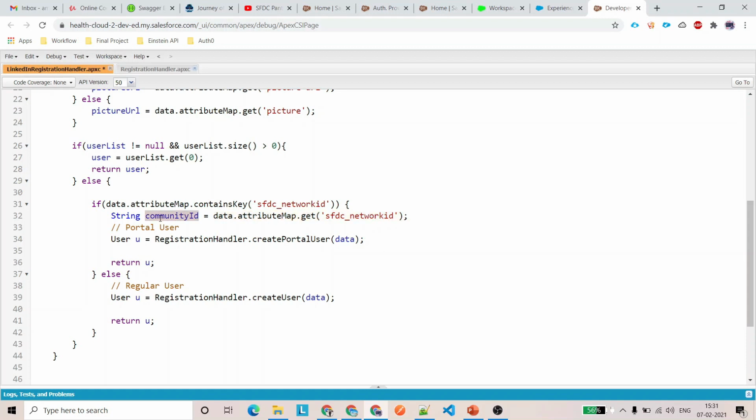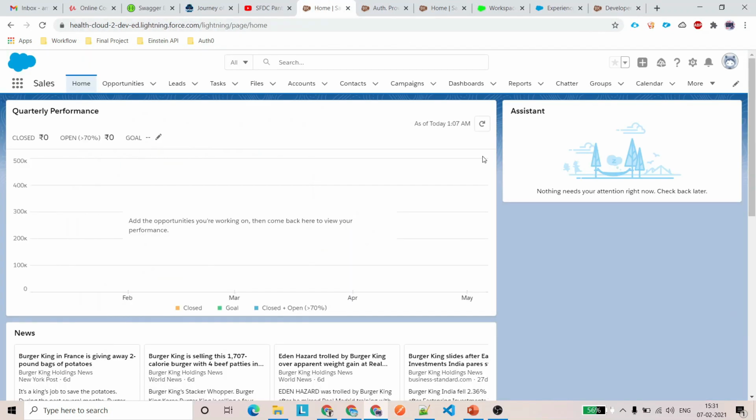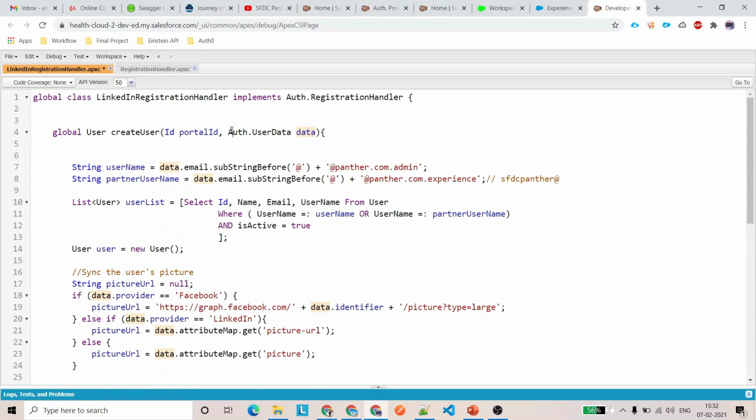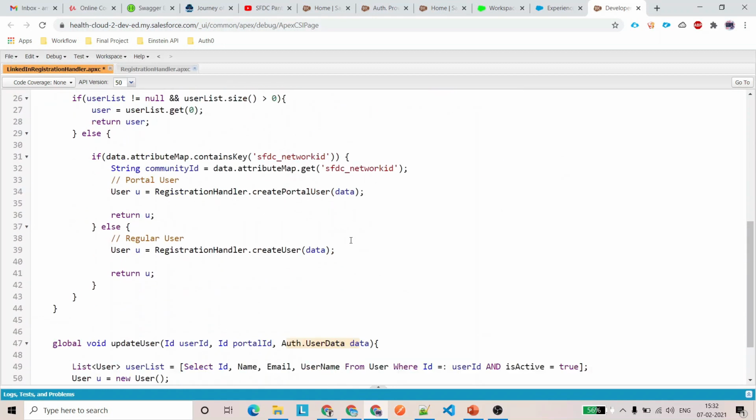That is what I did over here. And then, if you see here, else, this is a regular user trying to log in to my Salesforce internal environment. And then there is one more class, the registration handler, with createPortalUser, and we are sending the data. What is data? It is again the type of user data class.